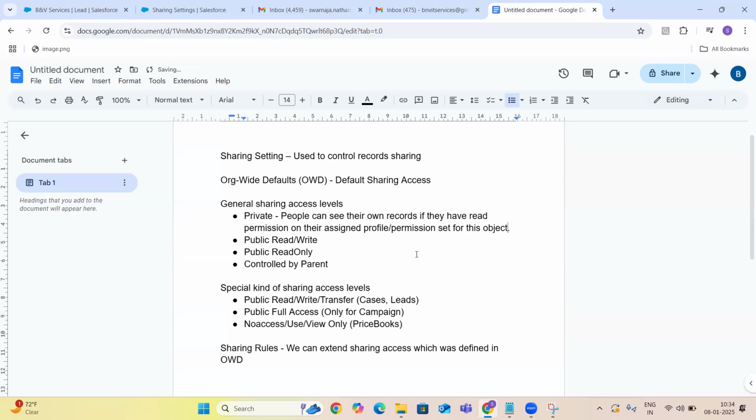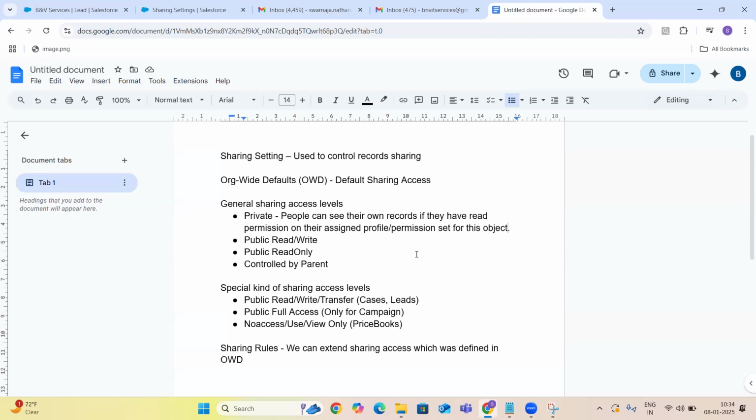So whatever object you have selected, the OWD is private. You can see your own records if you have read permission on your profile or permission sets.